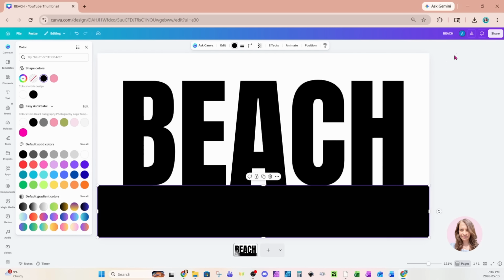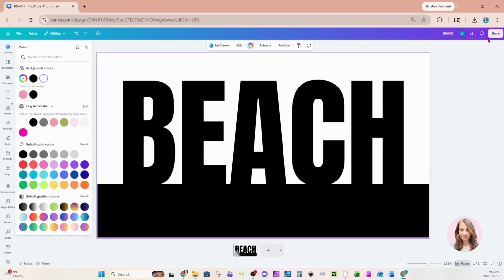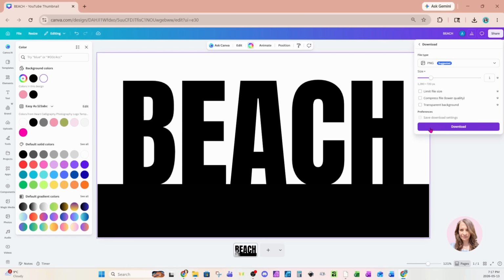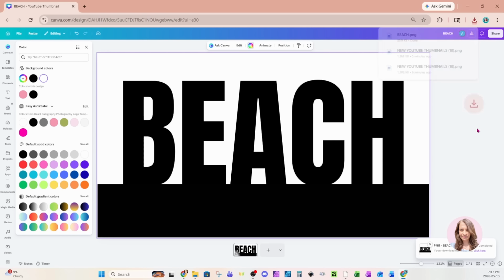and that my text is legible. Once you have your text ready, you're going to click on the share button, you're going to download, and we're going to download this without a transparent background. So do not check off transparent background. I learned that the hard way. So we're not going to check that off and we're just going to say download. Now I'm not going to bring that back into Canva just yet, but what I am going to do is